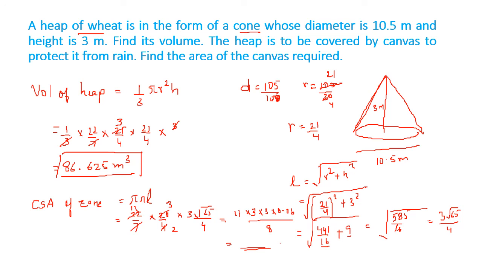And today we have revised the formula for volume of a cone. We saw the volume of the cylinder is pi r square h, and the volume of a cone is 1 upon 3 pi r square h. We are going to end the lecture here, and see you in the next lecture where we are going to do the volume of the sphere and the hemisphere. I am going to end here. Thank you.